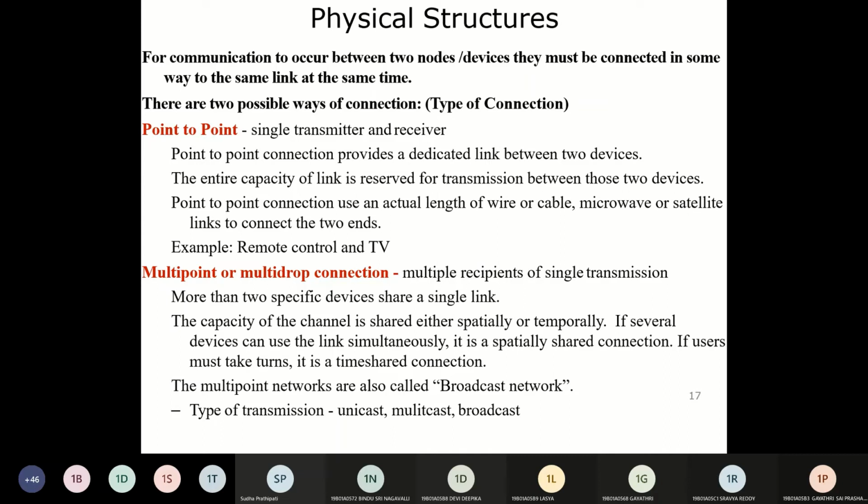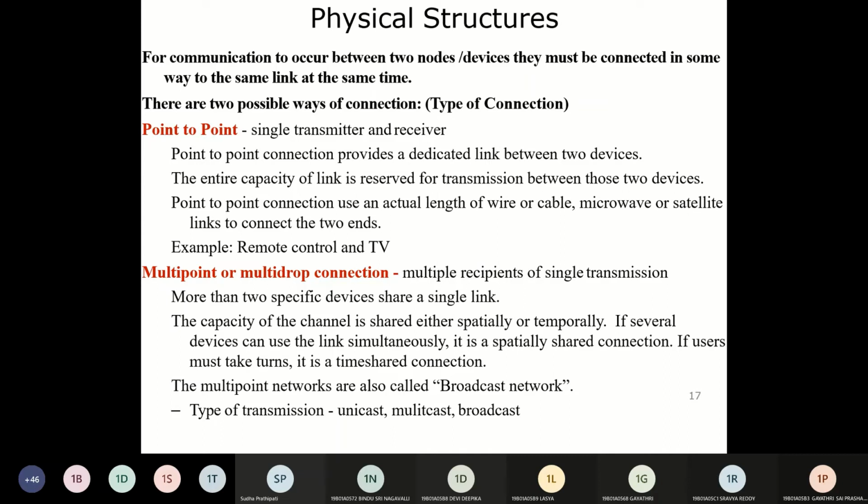So there are two devices: one is the television and the other is the remote control, and the connection between these two devices is the infrared signal. And there is a dedicated line, like that remote works only for that television. If you want to use that remote for another TV in your house which is of a different make, it doesn't work. Even for the same make, it doesn't work. Okay, it will work only for that particular TV. So such kind of communication is called point-to-point communication.